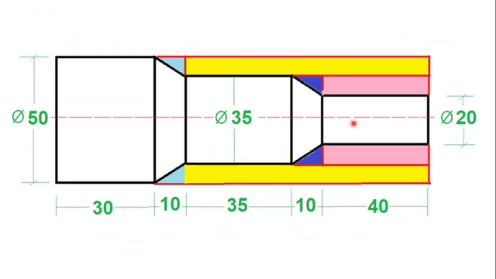So what I do is, for example, whatever you are seeing, this complete, it will be a 50 into 125 block. So first what I do is, whatever you are seeing with a yellow color, I'll remove that one using linear interpolation. Okay, after this light blue color I can remove. Okay, similarly I can use this pink color, that part can be removed. Okay, and then using the blue I can remove this one. So you can see here the number of movements will be very high, idle movements are more, so this may increase the machining time. So how can I do this one using G70 and G71?